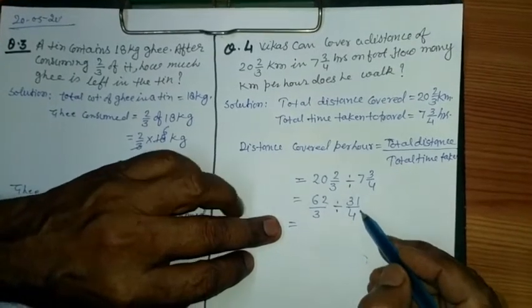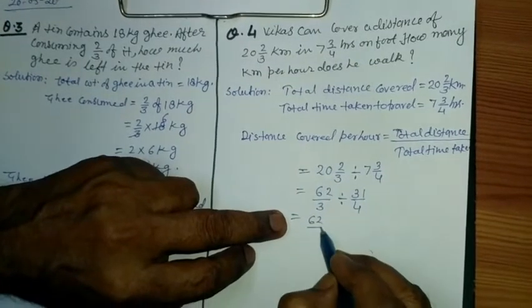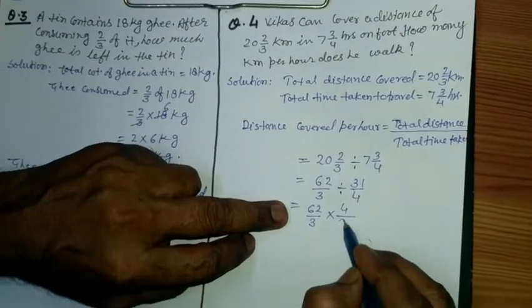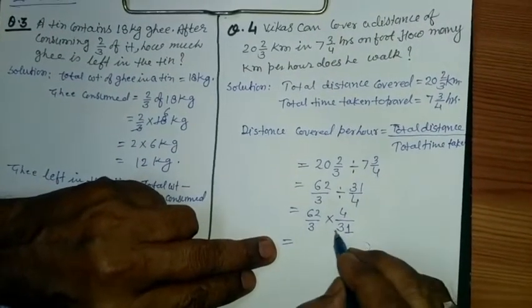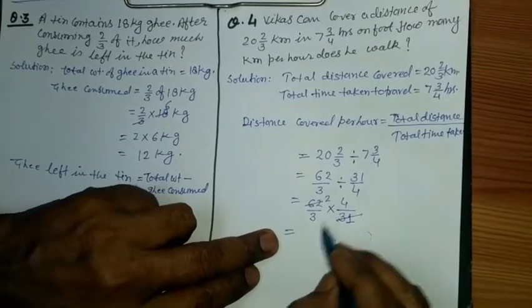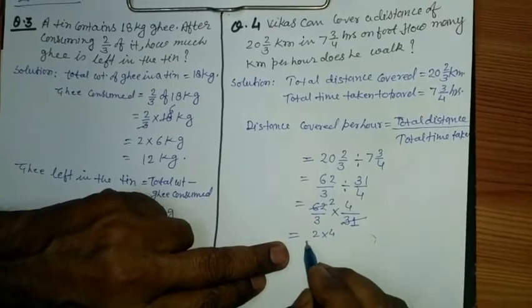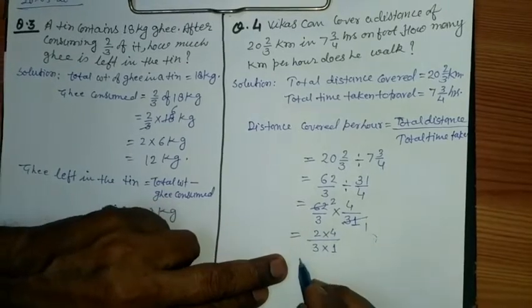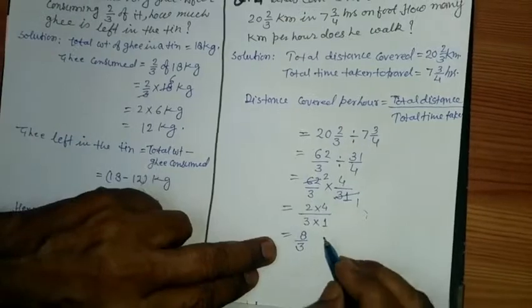We take the reciprocal of the second term. 62 upon 3 multiply 4 upon 31, 31 twos are 62. Now we get 2 into 4 upon 3 into 1 equal to 8 upon 3